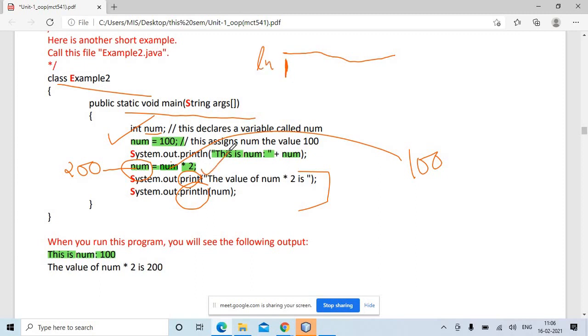And for simple print, what will happen? If you say system.out.print, whatever you print, say you have printed this, then your cursor is still here, and the next time when you write system.out.print again, it will start from here. So system.out.println prints line by line in the next line, and system.out.print will print in continuation. Depending upon your output format, depending upon how you want to display the output, you can choose between the print or println function. You can try to write this program and see the output that is getting printed on your screen.